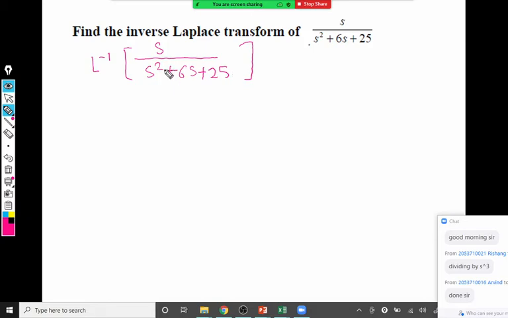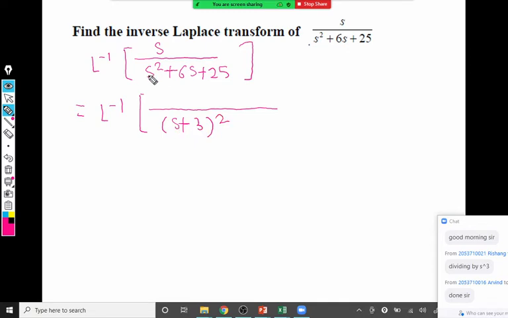Actually, whenever a quadratic expression appears in the expression, and it is in the reverse case, where the denominator is the numerator and the numerator is the denominator, we can do a separate division, but right now we can't. The main thing is that a quadratic expression should be done in the complete square form. This complete square is the main key, and if you observe, the middle term 6s indicates it should be s plus 3 bracket square.